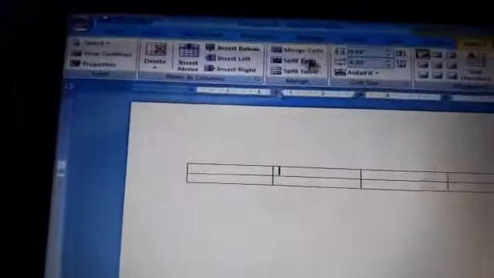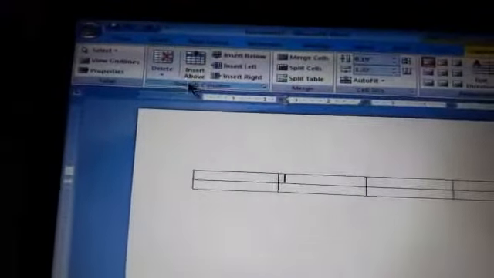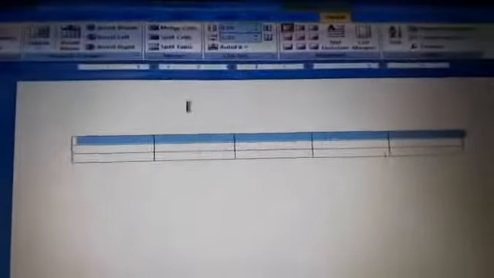Now we will insert a new row in our table. So first I will place the cursor anywhere in the table, click on the layout tab and click on insert above or insert below. This is insert below, this one is insert above. See, a new row appears in our table. Similarly we can insert a column.